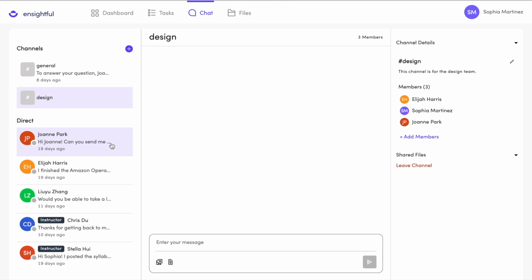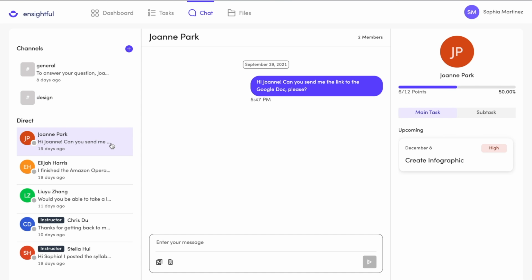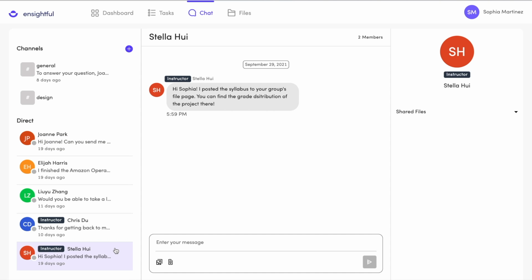If you want to talk to someone on your team individually, then just click on their name under Direct. You can also chat privately with your instructors as well. For example, if you have a very specific question that you want to ask them, or you're just looking for feedback on your work, Ensightful is a very safe and professional environment for you to reach out to your peers and instructors to have a conversation to discuss